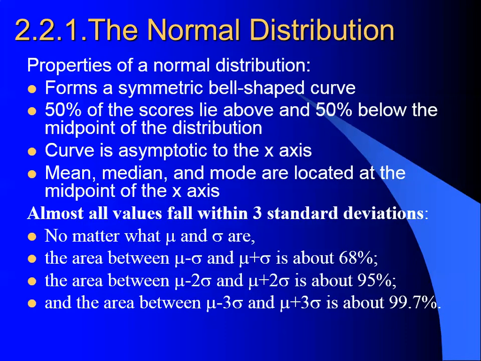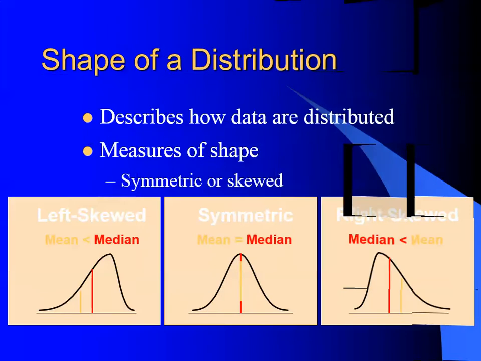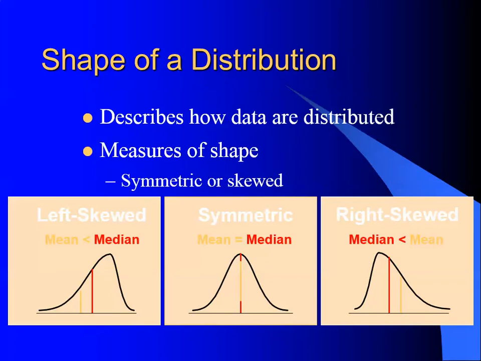And as you can see, it lists the major properties of the normal distribution: symmetric shape, how scores lie above and below the midpoint, asymptotic to the x-axis, and so on. Mean, median, mode are every time the same, and so forth. In real cases, most real observations are more or less far from the ideal case, and we have left or right skewed data. For example, skewness and kurtosis